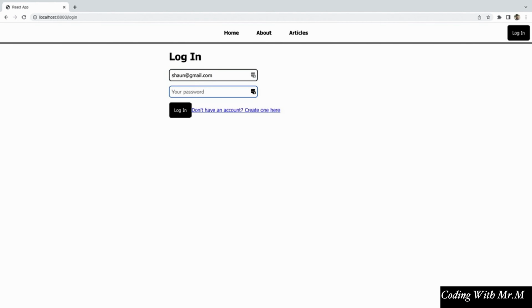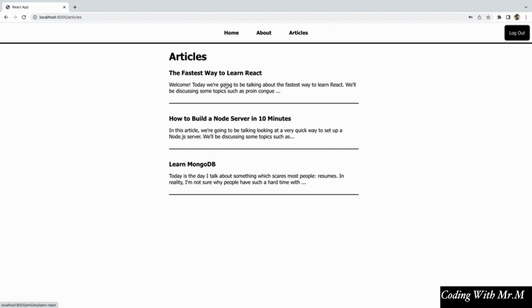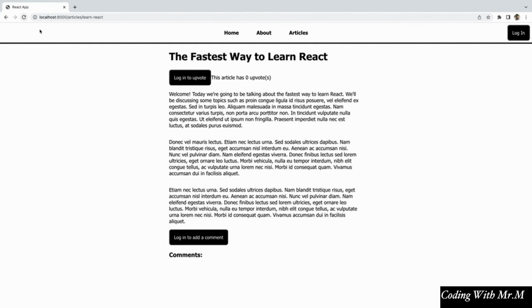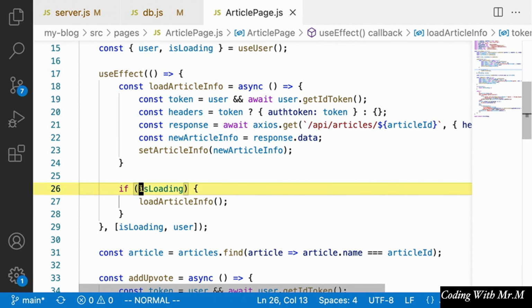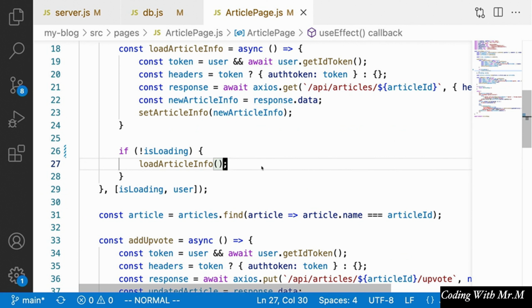Alright, so we'll need to log in before we can do this. We'll just say sean@gmail.com or whatever the email that you used in Firebase Auth was before. Those emails are still going to be the same. And then we'll put in our password and click log in, and we should successfully be logged in. And I'm noticing now that the already upvoted thing is not quite right, and the reason for that I believe is that this if statement should be if is not loading. So you just need to add the not sign to that,